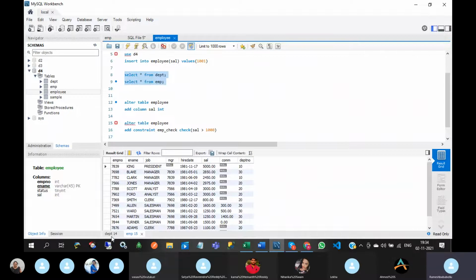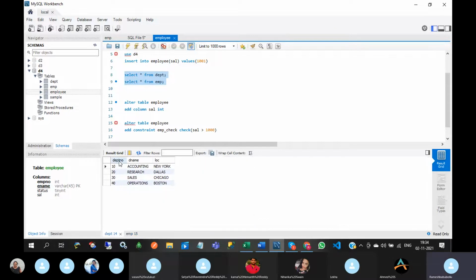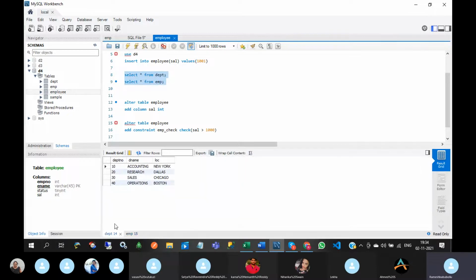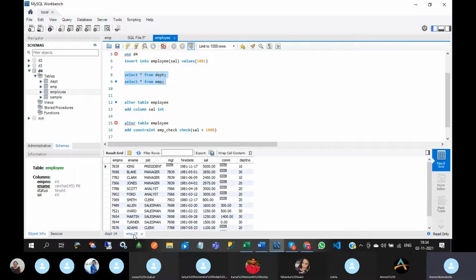Observe these two tables: which is the common column name? Department number is the common column for department and employee. That means department number is available in the department table as well as the employee table.